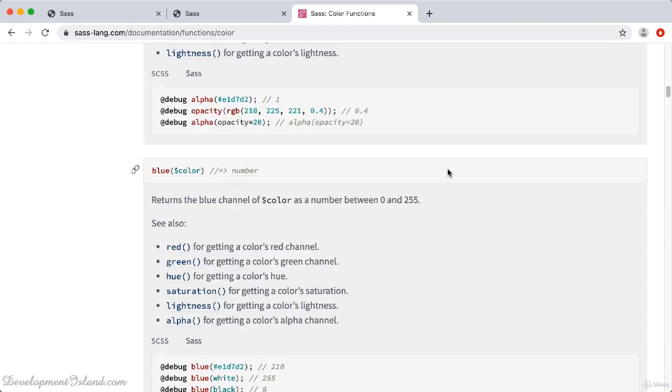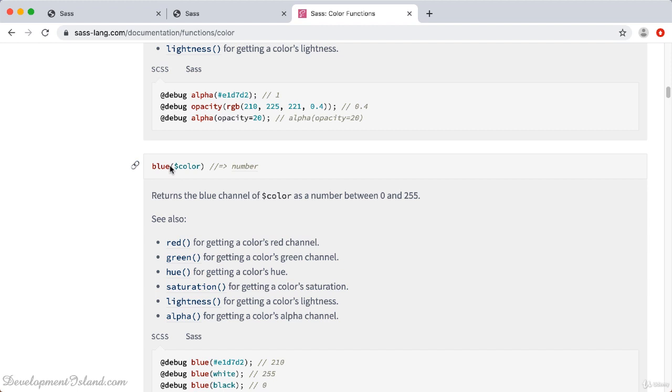So for example, you can get the RGB values of a certain color. To get the blue value of a certain color, you just use the function blue, and this will return a number between 0 and 255, which will refer to the blue channel